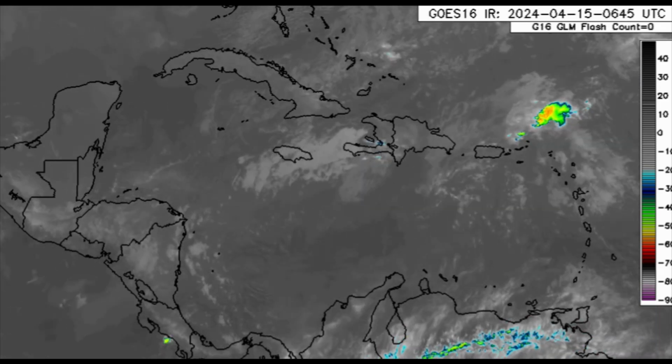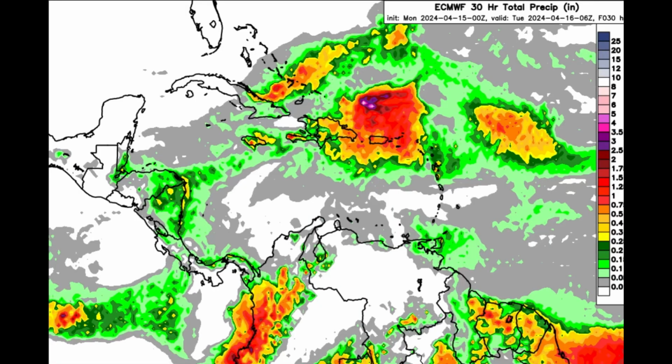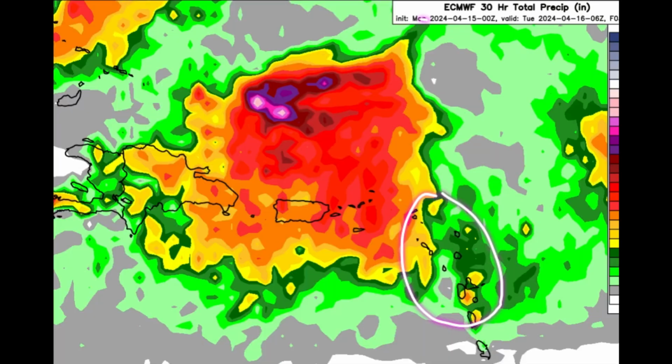Now let's move on to the rainfall forecast, so we can see that it gets pretty colorful in parts of the northern Caribbean. Let's zoom into the northeast. So as we head to the Leeward Islands, Anguilla, St. Martin, St. Barthélemy, Saba, St. Eustatius, St. Kitts and Nevis, even parts of Antigua, Barbuda, Guadeloupe, Dominica, maybe even Montserrat at times, there could be